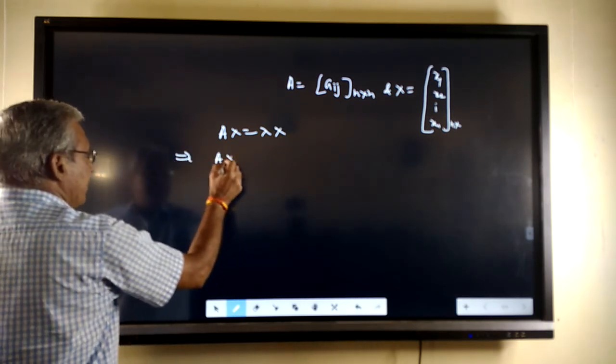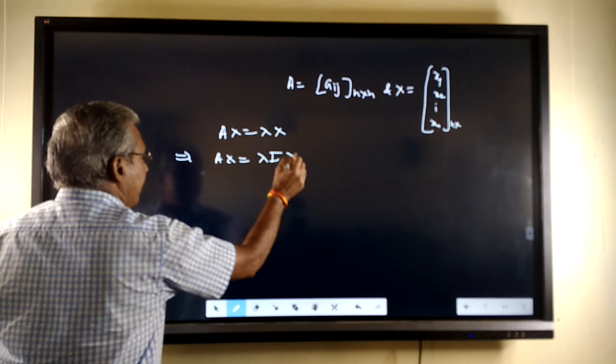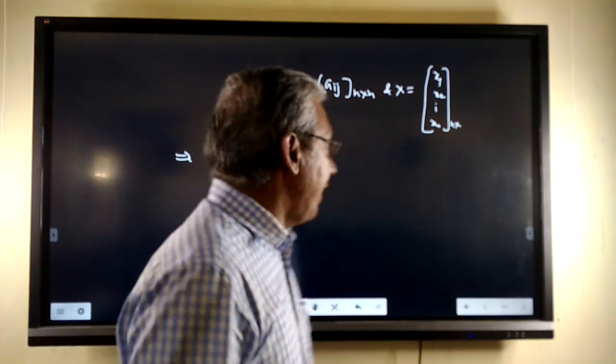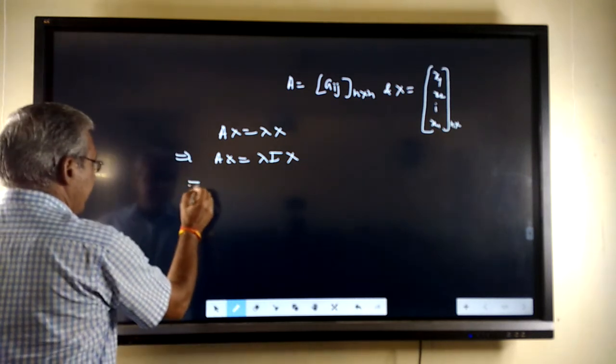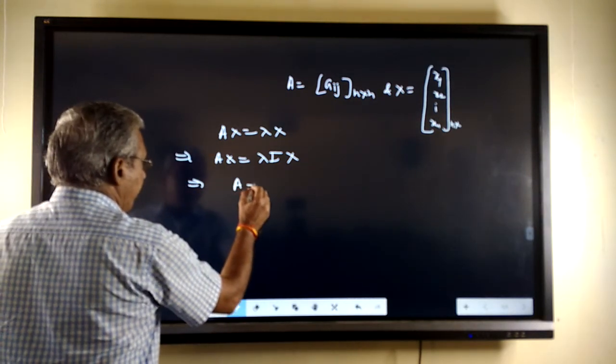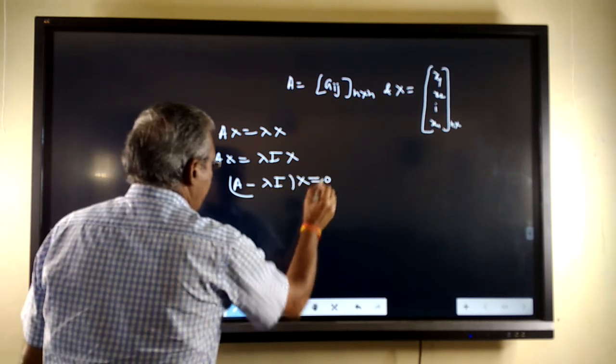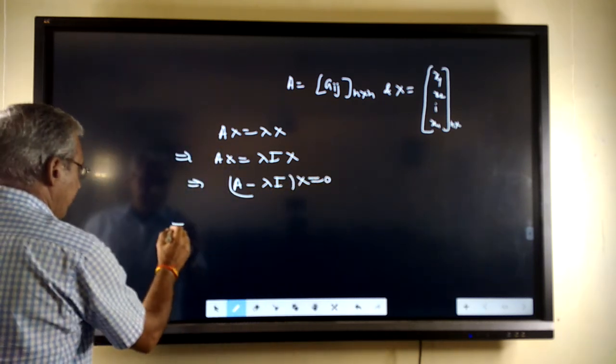This is Ax equals lambda I x, where I is a unit matrix of order n by n. This can be written as (A minus lambda I) x equals 0. Therefore, this can be written as